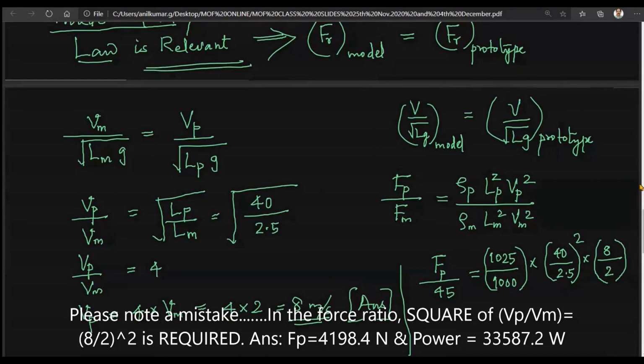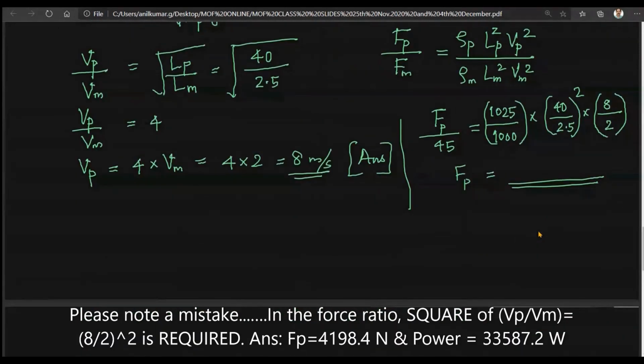So you just calculate this. From this, you can calculate the force required to overcome the resistance in seawater for the prototype, for the actual ship. So the force required to drive it, or the propulsive force, is equal to the force of drag because it has to be propelled at a constant velocity of 8 meter per second. That is our assumption. So this is this much Newton, and if it is a bigger quantity, you can convert that into kilonewton also.